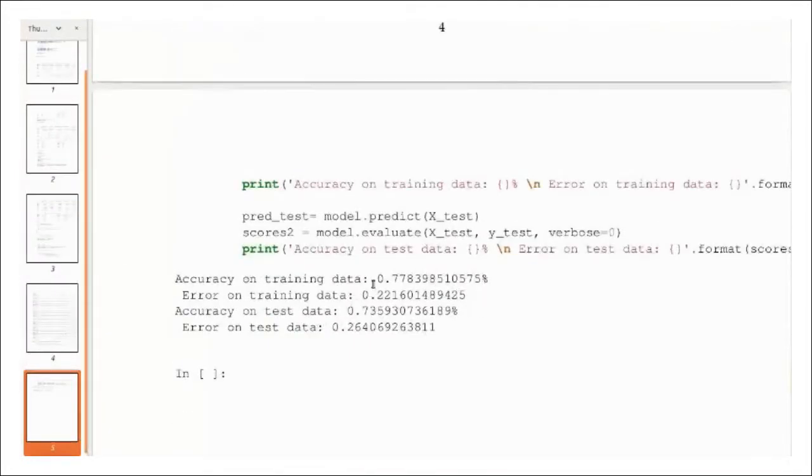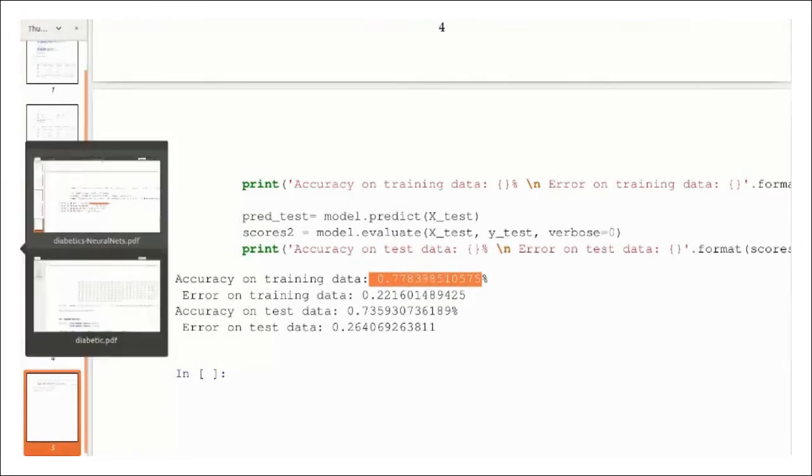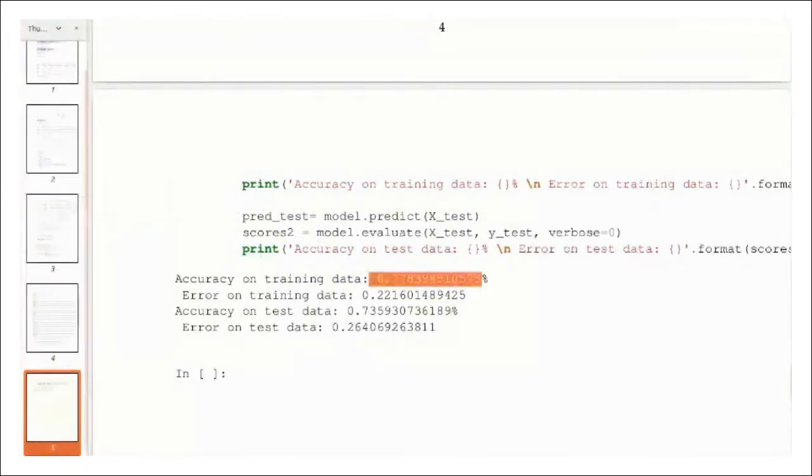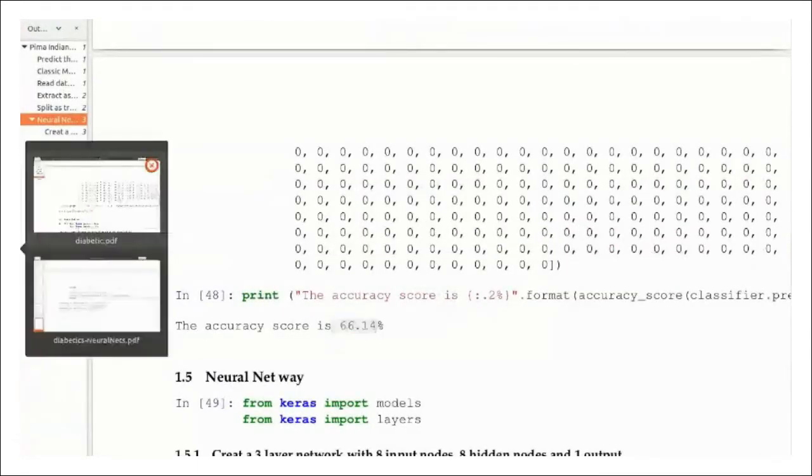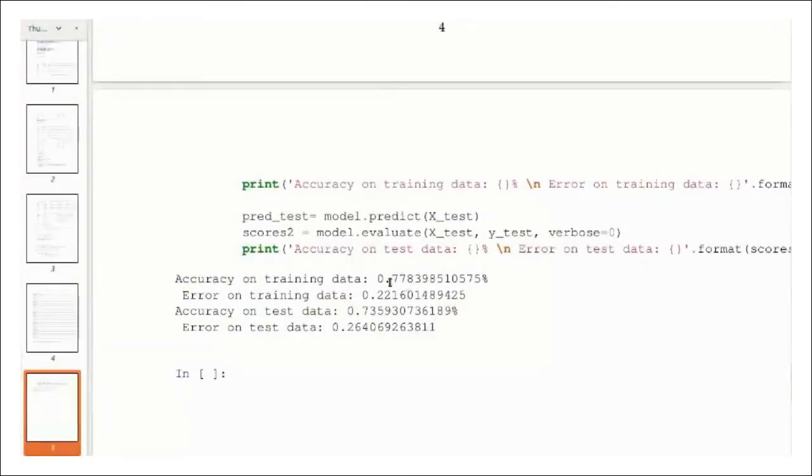So you will get 77. In the classic model, when you use a support vector machine on the data set, you got an accuracy of 0.66. But when we use a neural network for classification, it increased to 0.77. We can even increase it to a much higher value by fine tuning the model. We just randomly picked one neural network. Even a simple random neural network will learn better than this SVC.